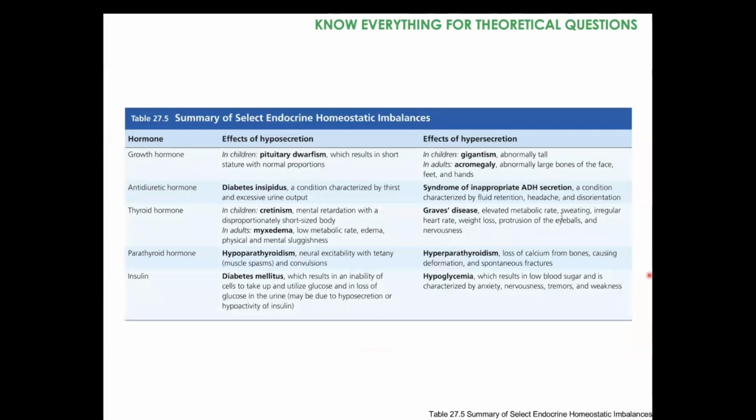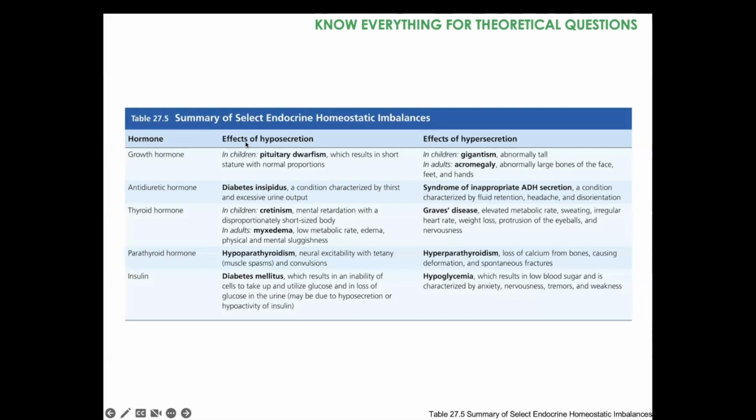So now we'll look at some of the endocrine homeostatic imbalances. That just means that something in the endocrine system is out of balance. We can have either hyposecretion, meaning that we are not secreting enough of the hormone, or hypersecretion, meaning too much is being secreted. So for growth hormone in children, if it's being hyposecreted, they will develop pituitary dwarfism, which results